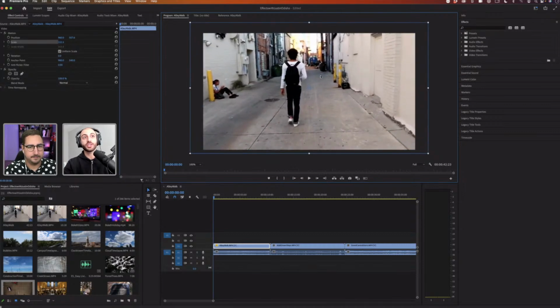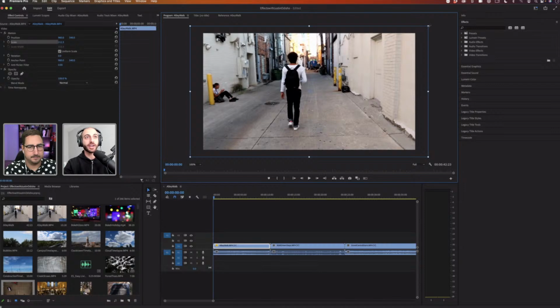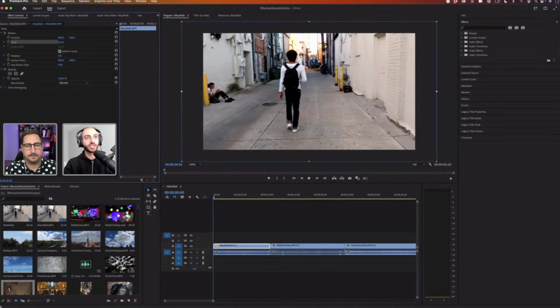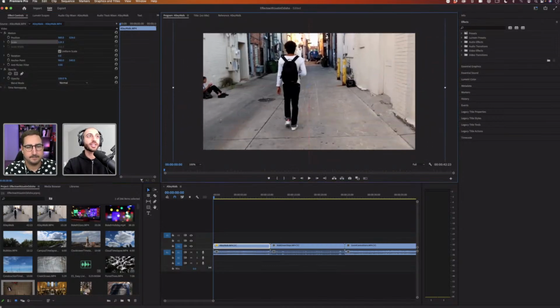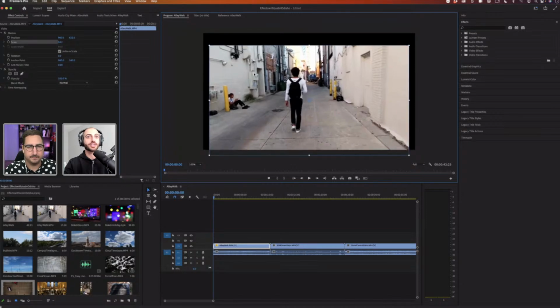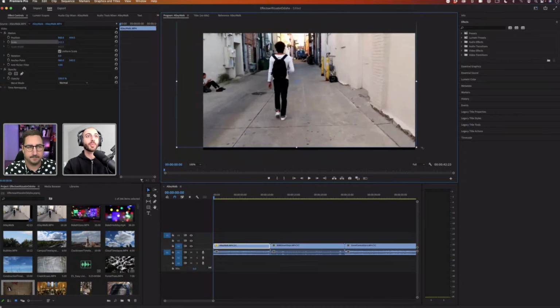And this is really useful for a lot of different effects. Not even just in the motion, but a lot of effects make more sense when you can visually move things around rather than use sliders. So I think this is another tip that will help someone out that's confused by all these manual ways of